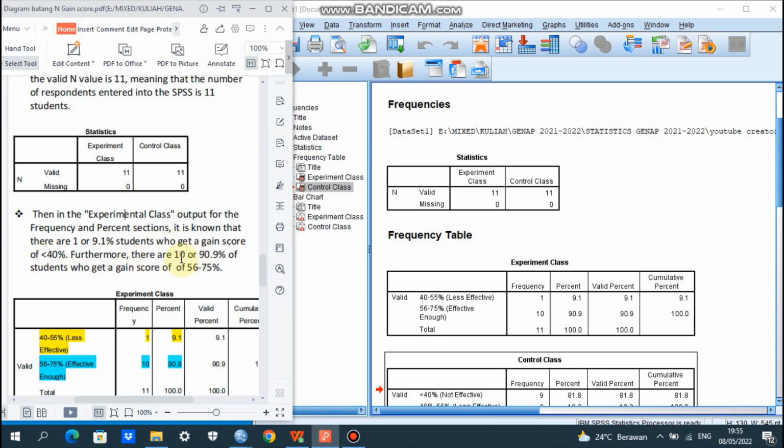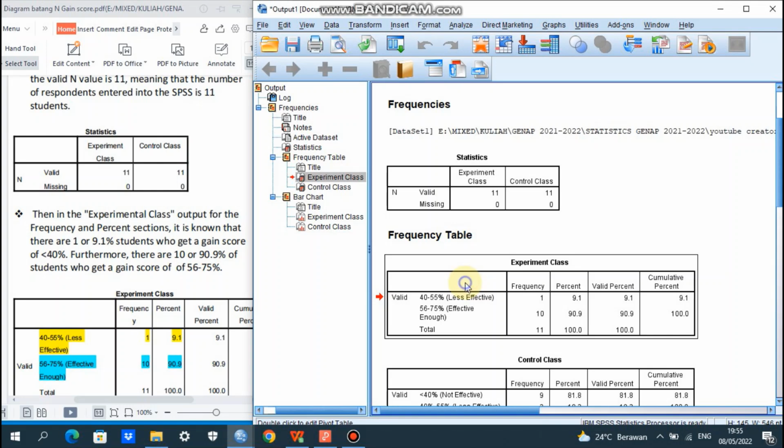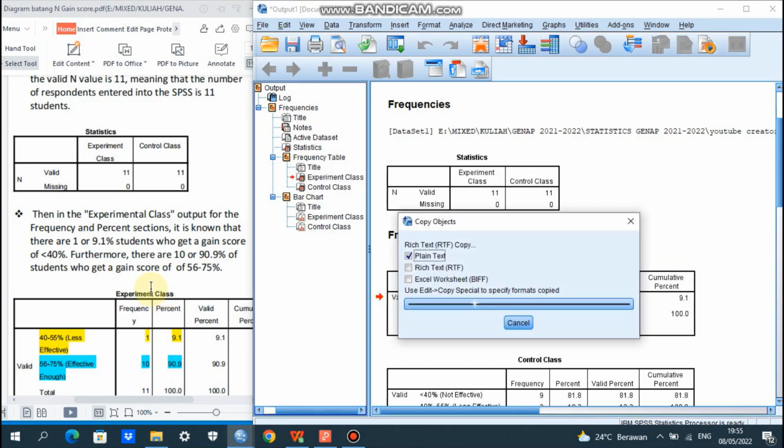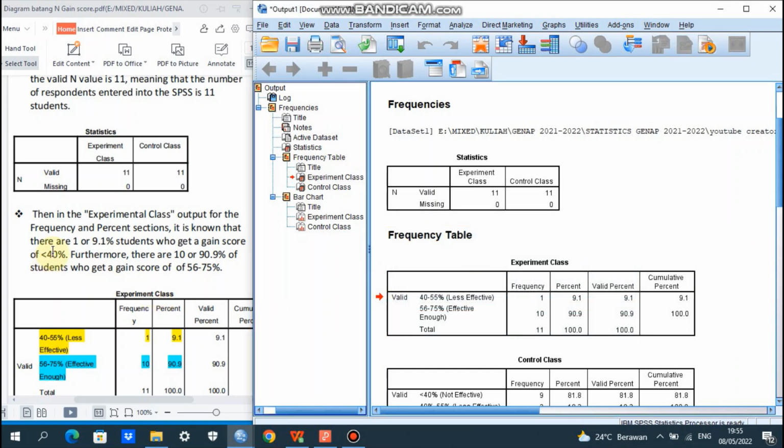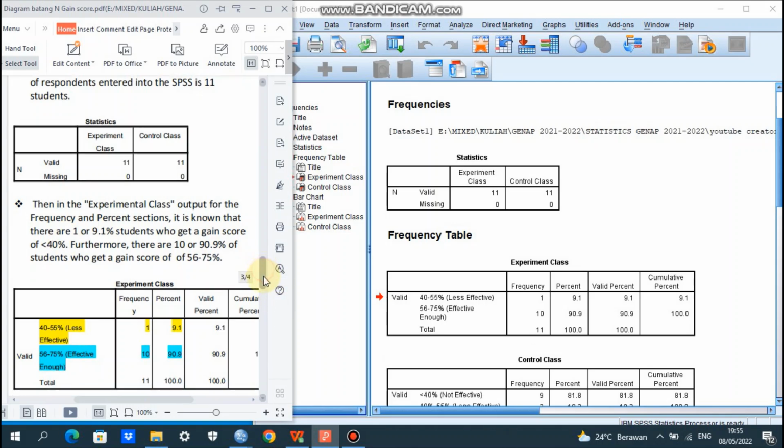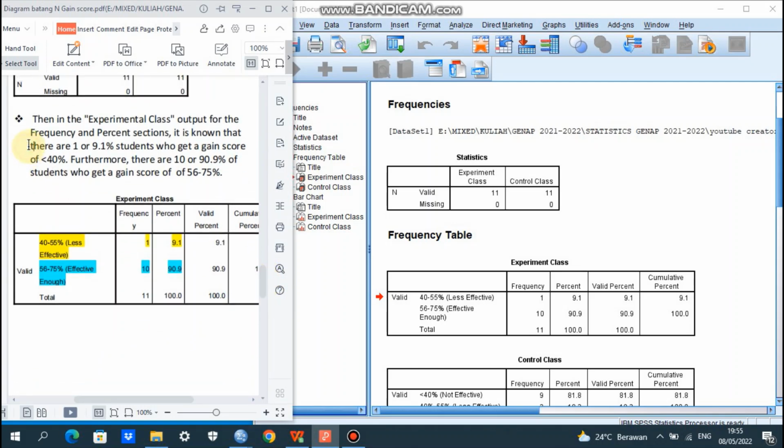And there are 10 participants, or 90.9% of the students, who get a gain score of 56 until 75%. We can copy this table. Just click on the right and copy, and then paste it here in your MS Word file. And I have already made the highlight here.